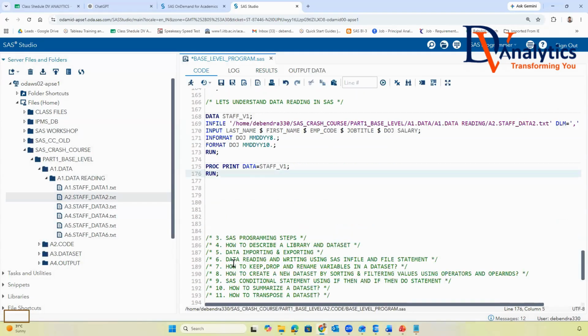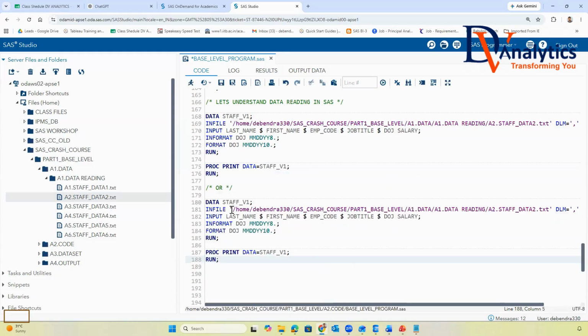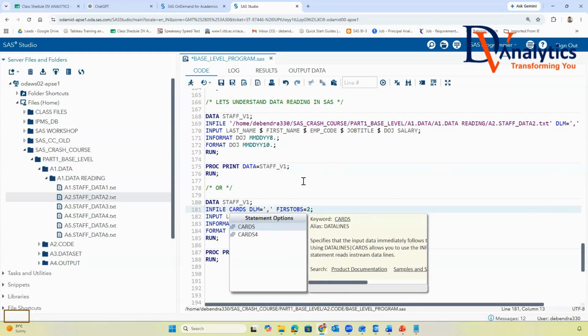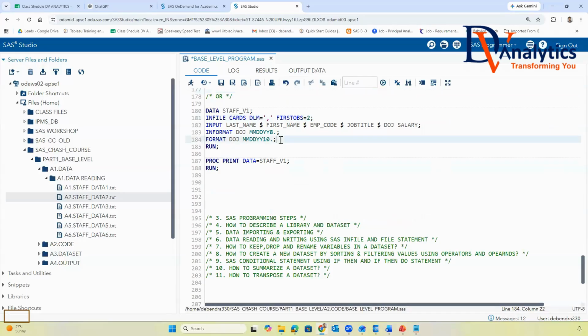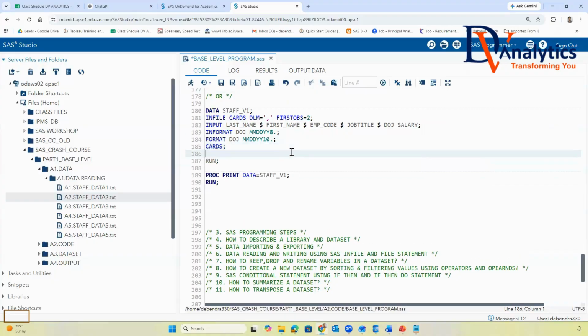Now we can also use another way. What is it? Inside this program, rather than using infile with this path, I can use infile cards. Now here I can use cards to put the temporary data inside. What does it mean?